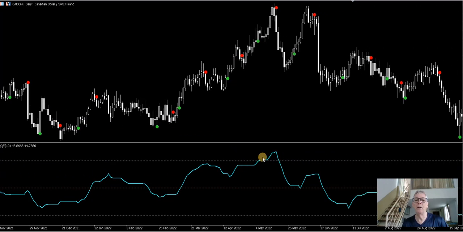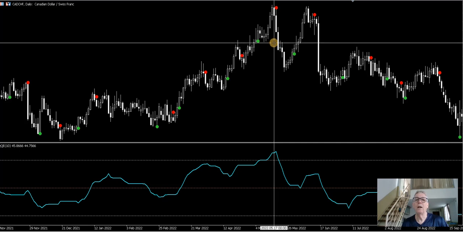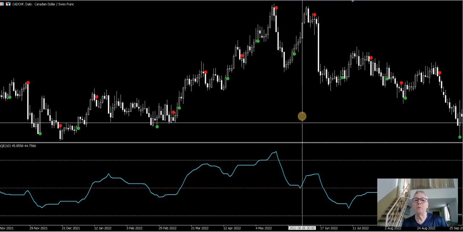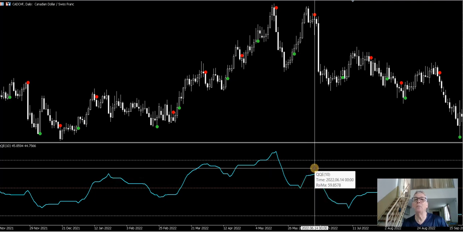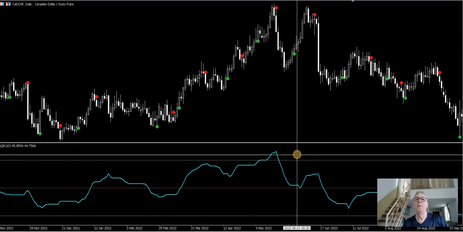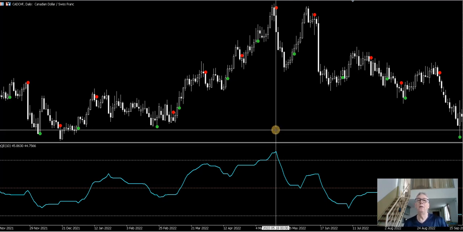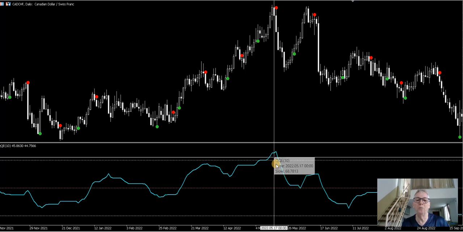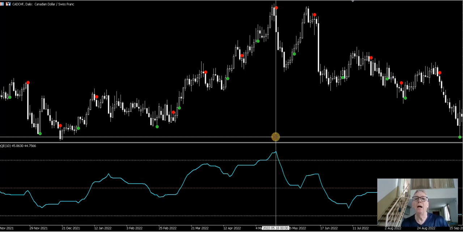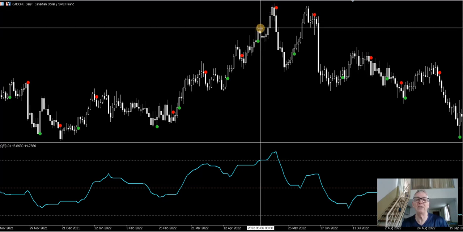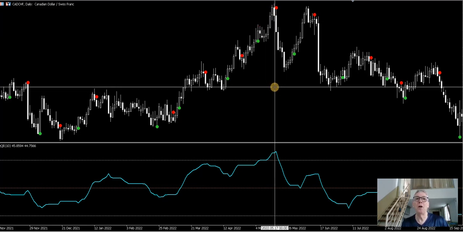All right, here's one up here. It's gone up through here. So we're looking for a sell. And there's definitely a sell there. Aiming for the center band, which we may have got close there. If not, we could take it there, and we're definitely through there. Second one there. Now, there are times where this may just poke through either side, and the buy or sell signal was previous to that,